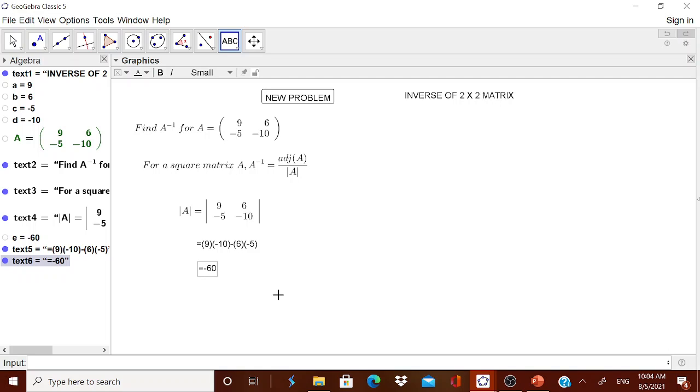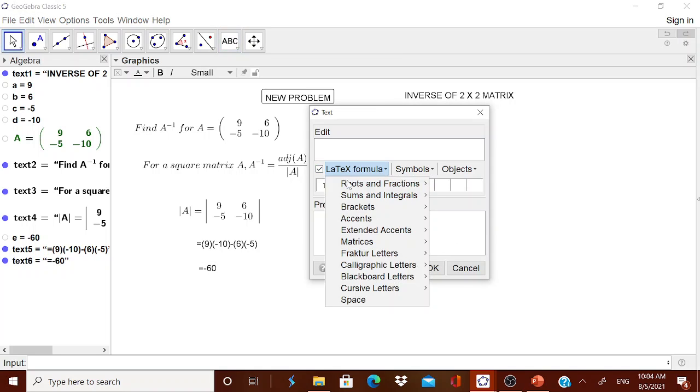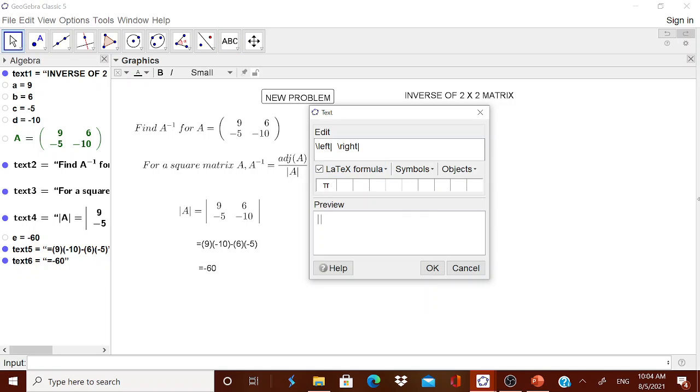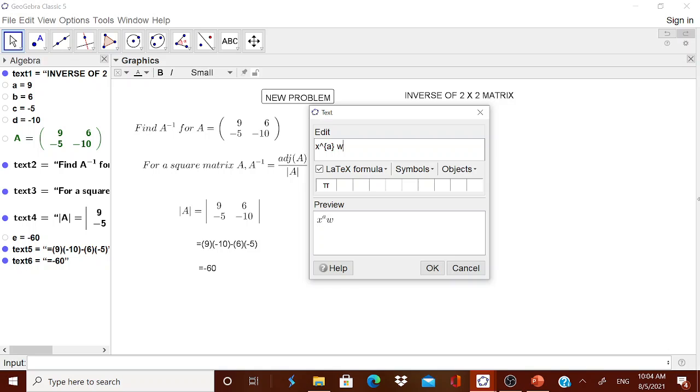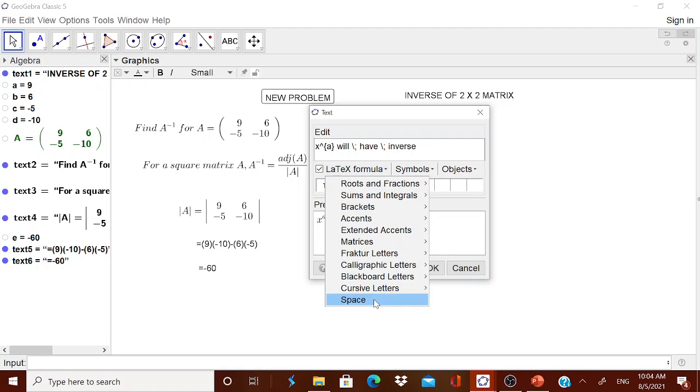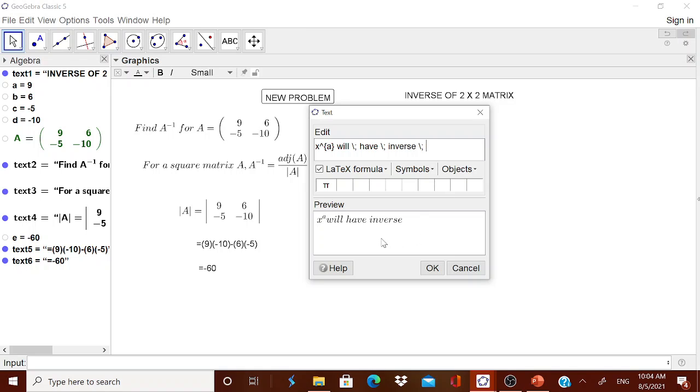Now if you want to give them the condition, that is, when a matrix will have an inverse, therefore go to the ABC text, then go to the latex formula, in that go to the bracket, then capital A. Okay, otherwise I will write it in a good fashion. Go for it: will have inverse. I'm just telling you how you can express it. Will have inverse, that is the only thing in here. Will have inverse only,